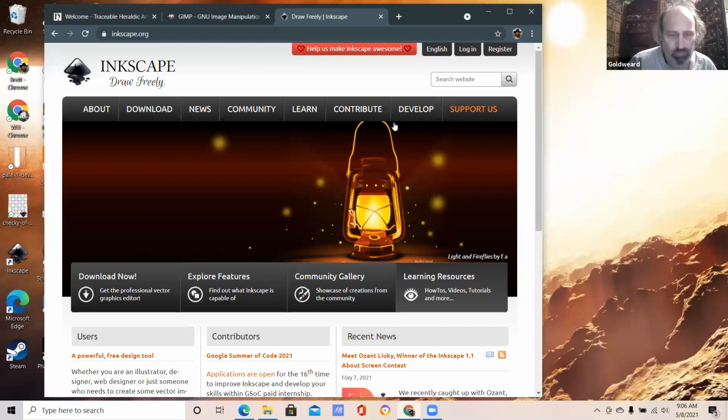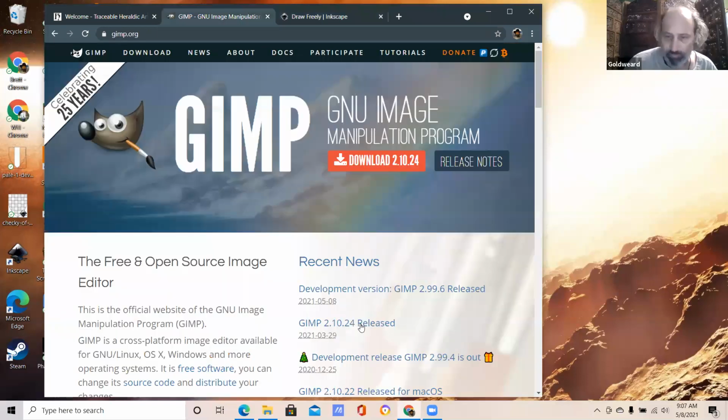The primary tool that we're going to be using is a program called Inkscape. Inkscape is completely free. It's a shareware program. It will work on all major platforms: Windows, iOS, and Linux. The other program we'll be using is GIMP. GIMP is another open source software that you can use to do all sorts of editing. And then the resource page that we're going to be using is going to be